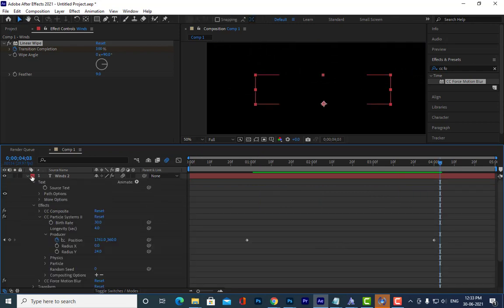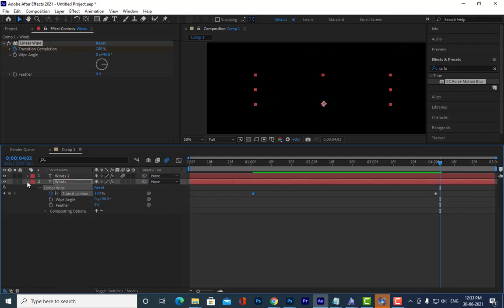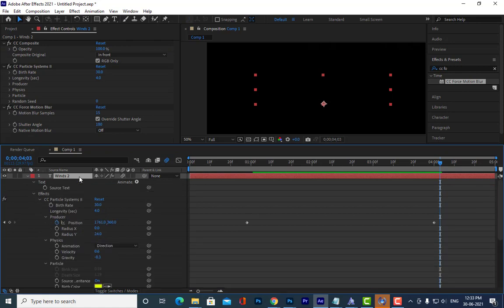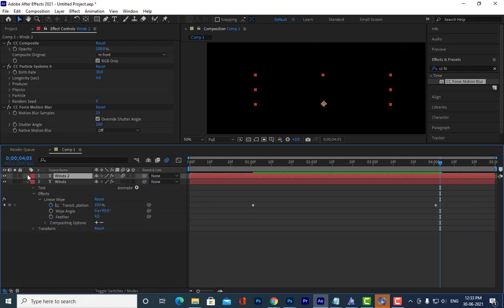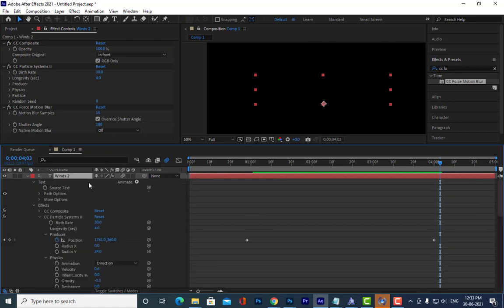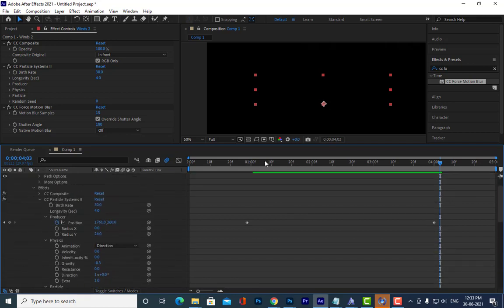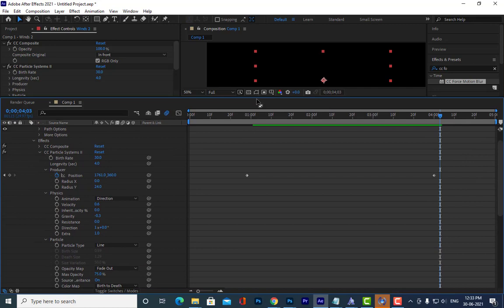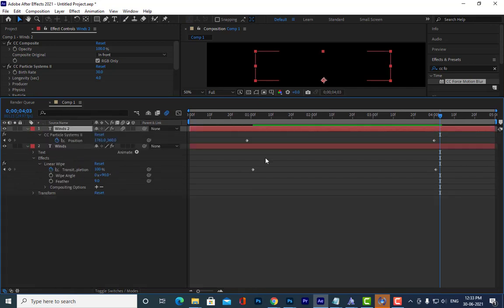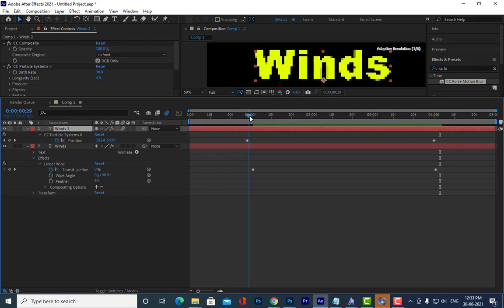Is it clear, Nitin? Yes, sir. See, if you hit U double time, you can see all the settings here. So you can see these keyframes actually. So we have to match the keyframes.